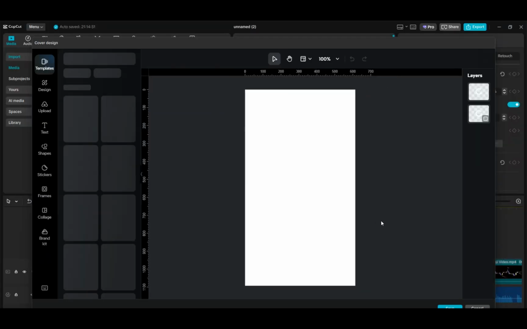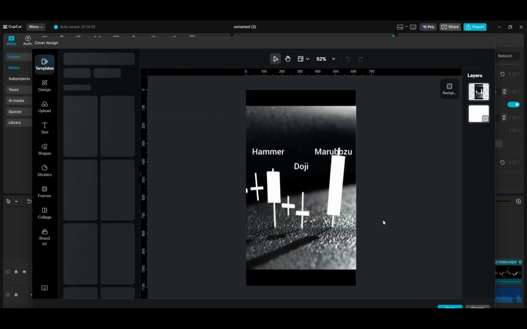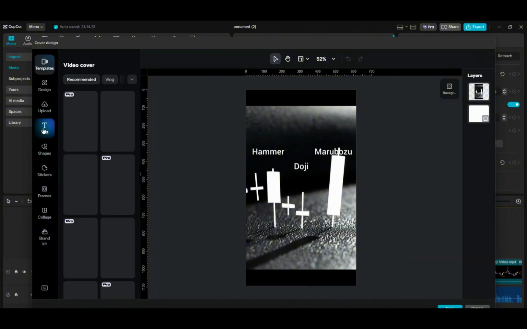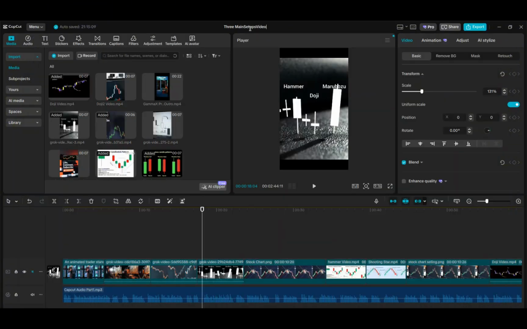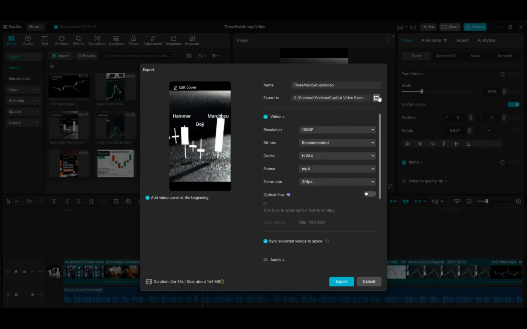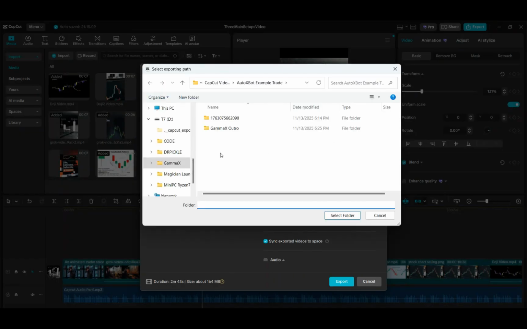You just got to click edit. If you like what it says, if you don't want to add any text to it, which you can certainly add text to it as well. I don't put any spaces on my export here. This is your naming of it. Then you just simply click the export button. Here is where you choose where you want it to go. So for this one,